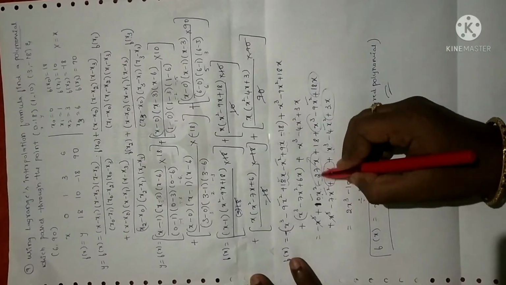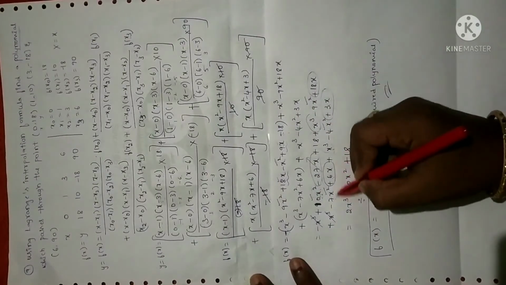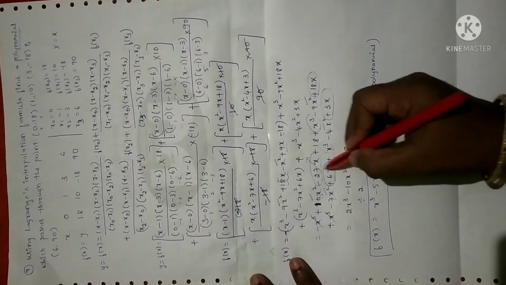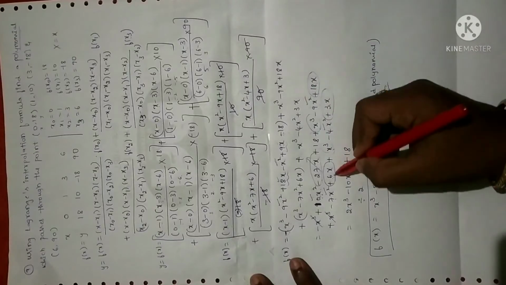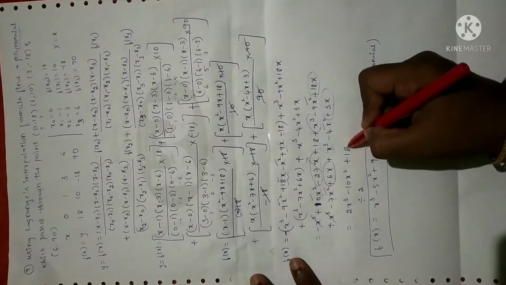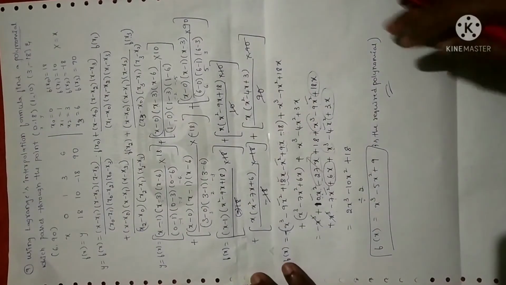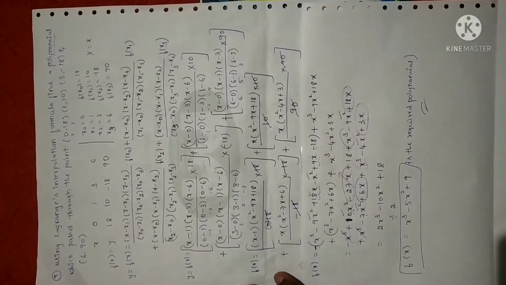Next I have multiplied x square term. Plus 10x square with minus 9x square and 7x square you will get minus 10x square. Next 27x with 18 plus 6 plus 3 is 27. Minus 27 plus 27 goes off. Next remaining constant is 18. Either you can keep it here itself or you can divide it with 2. So this is the required solution for this problem.